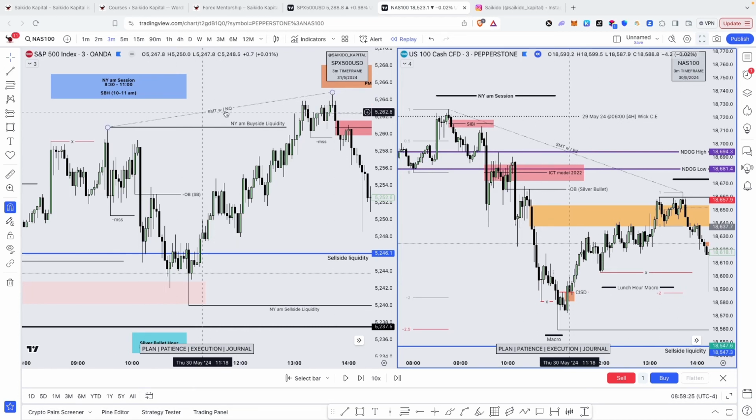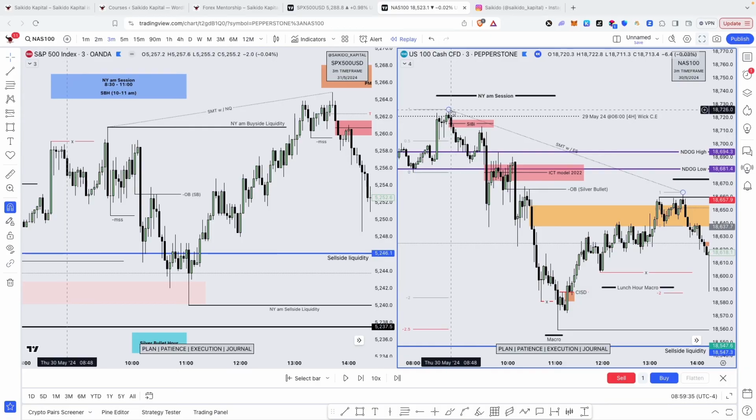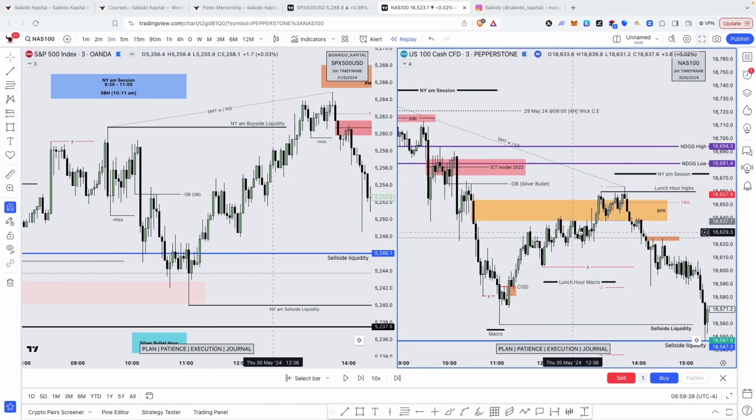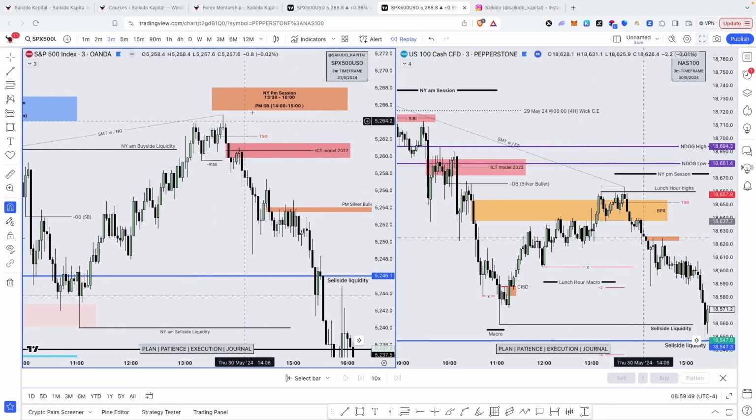So there was an SMT divergence with NQ because during the macro here, we went all the way up to take out the New York AM highs. But in this case on ES, we failed to make it to the New York AM highs. We only went up to this fair value gap, which then became a BPR. On NQ, we went all the way up and took out New York AM buy side liquidity. Then during the New York PM session,